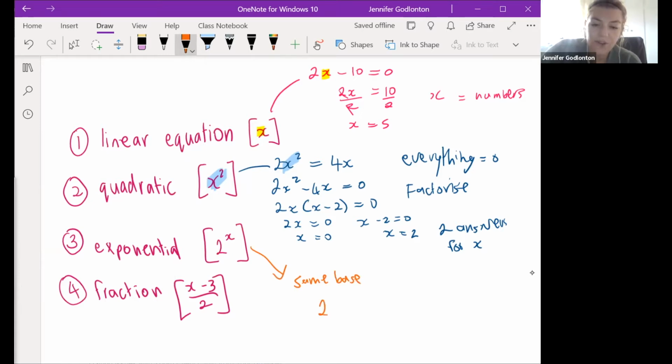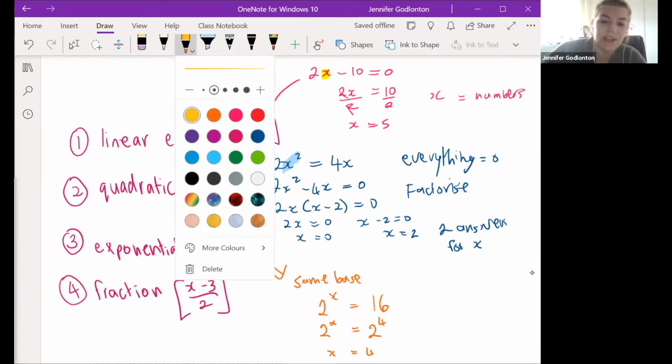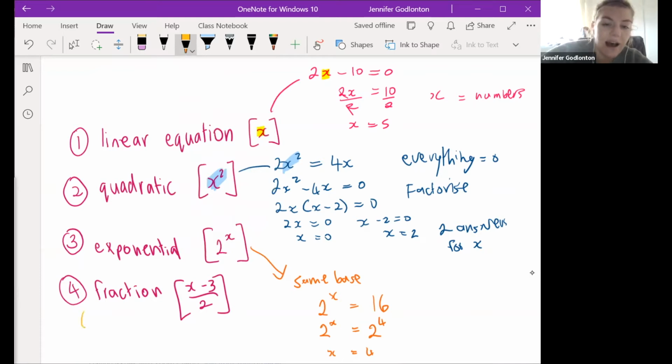So if I have 2 to the power of x is equal to 16, I need to get them to the same base. So I'm going to say 2 to the power of x is equal to 2 to the power of 4. And when they have the same base as each other, then their exponents are equal to each other. All right. And then the very last one over here is when we have a fraction, our goal is